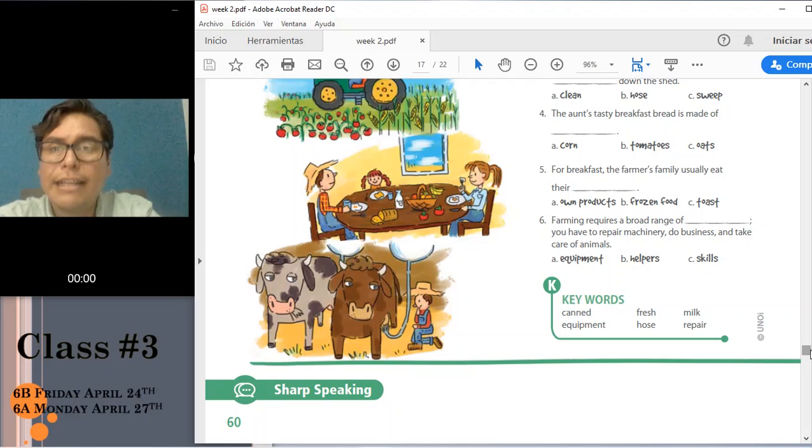Hose. It's a long tube that we connect to the faucet and we get water through it to water the plants or to clean something. Milk is a product that we get out of the cows. And repair is when you fix something.